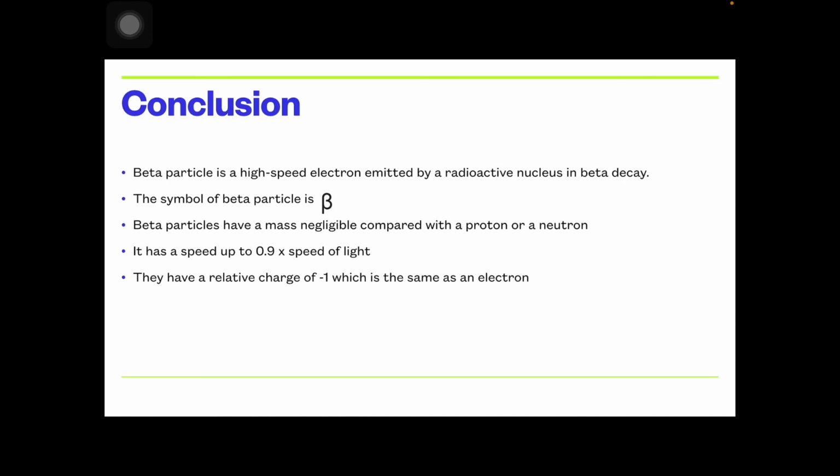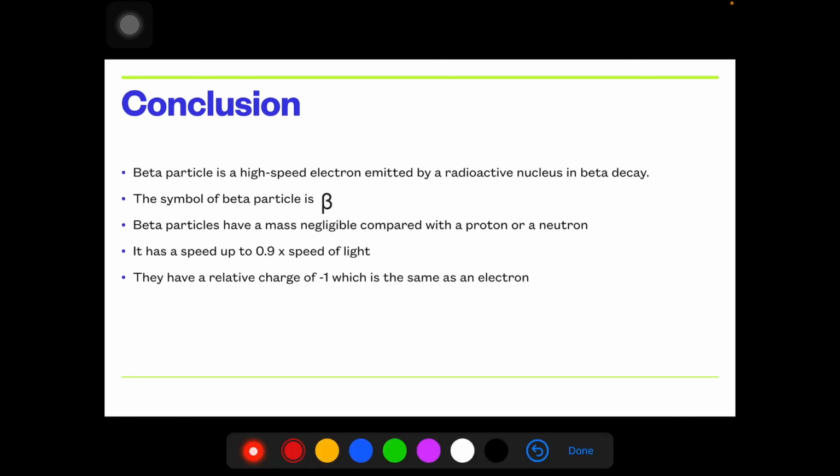A beta particle has a speed up to 0.9 times the speed of light. And lastly, they have a relative charge of -1, which is the same as an electron. So we can write them as beta negative, or, because they're the same as an electron,